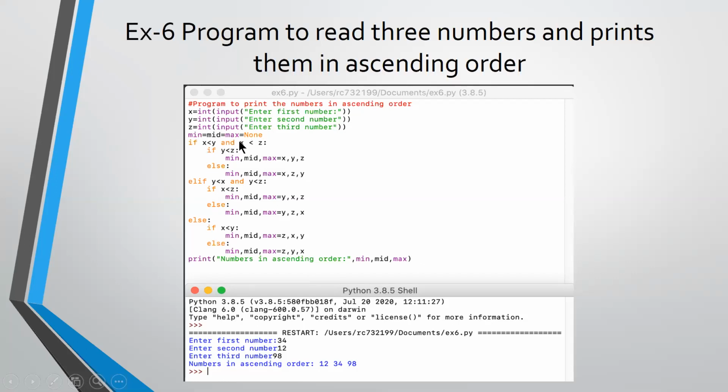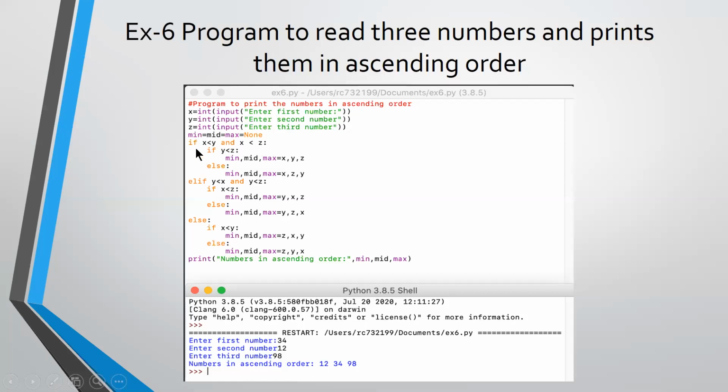இது வரைக்கும் புரியுதான்னு பாரு. Yes, ma'am. புரியுதா? Yes, ma'am. 5, 6, 7. Okay, 5 is less than 6 and then 5 is less than 7. So x is the smallest value. Okay, அப்புறம் 6 is less than 7. Yes. Okay, so the minimum value is x, mid value is y and then maximum value is z. 5, 7, 6. அப்போ வந்துட்டு I need to have z as the mid value. So that is what I have done here. Okay, so x is min value, z is mid value, and maximum value is y.